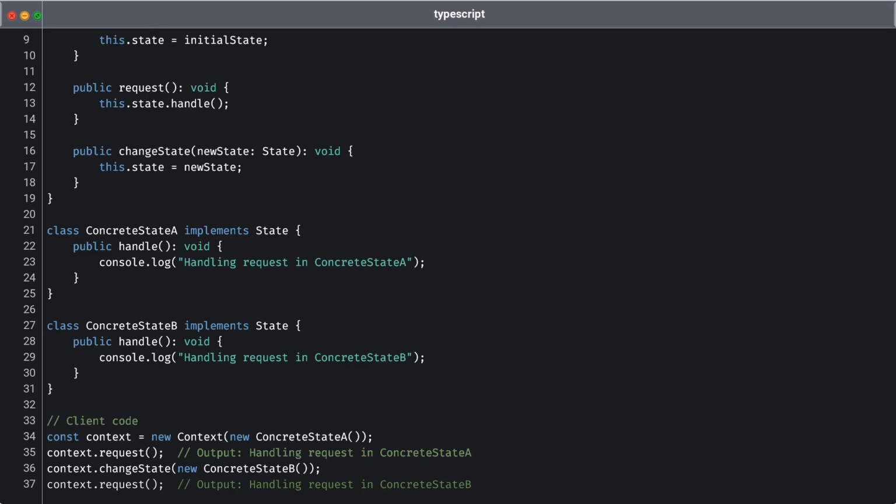Next, by calling the changeState method, we can seamlessly transition to a different state, showcasing the flexibility that the state pattern provides. This structure promotes clean, maintainable code by adhering to the single responsibility principle, allowing each state to encapsulate its specific responsibilities effectively. Now let's see how we can implement the Memento pattern using a text editor example to